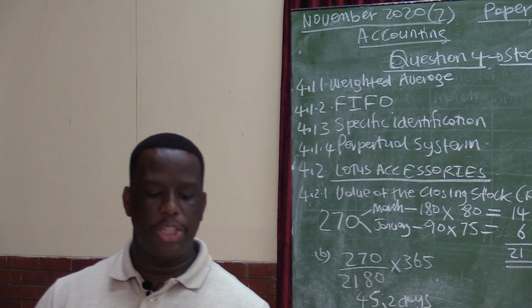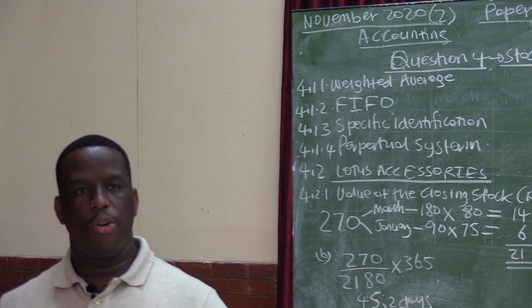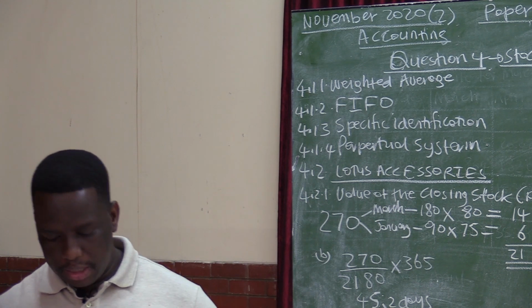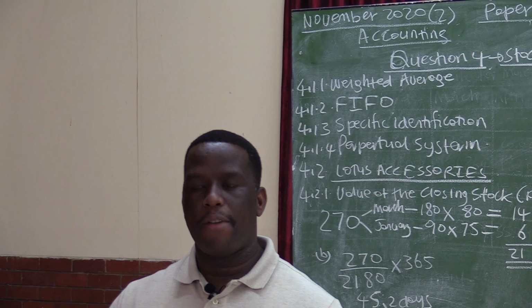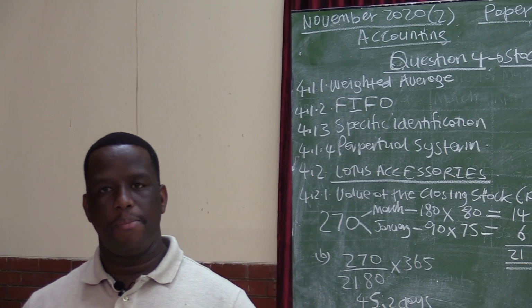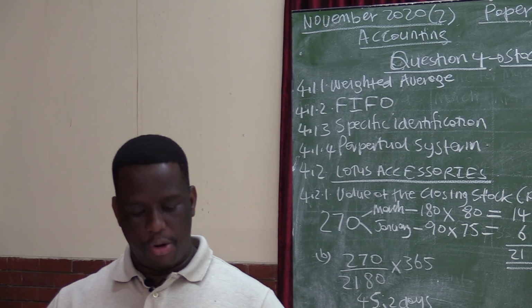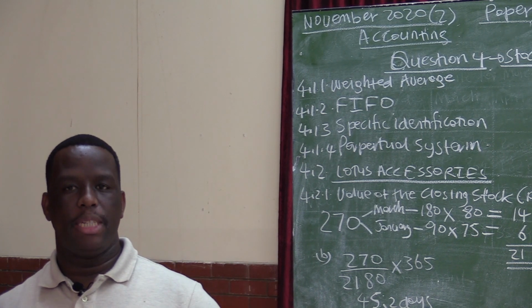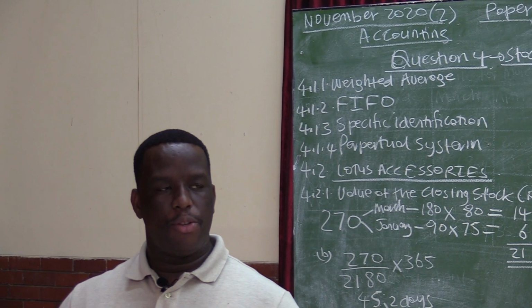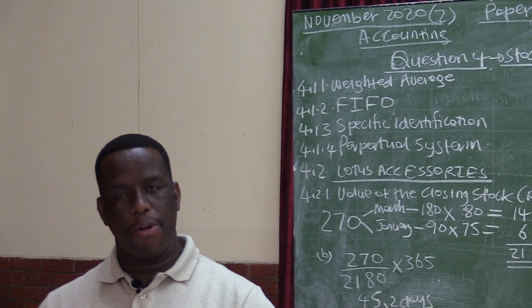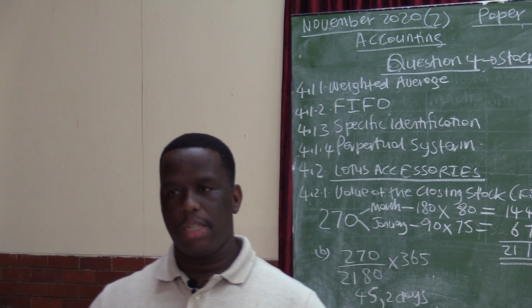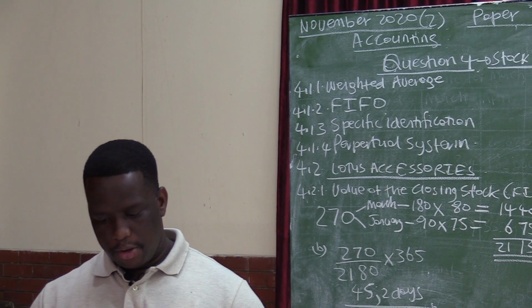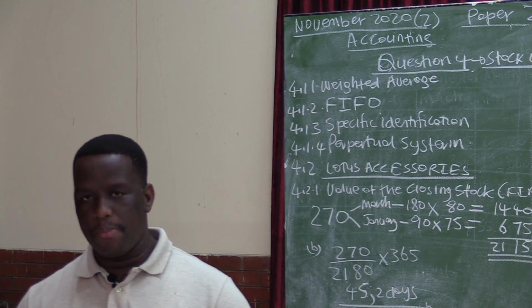There were also some calculations in 2.2 based on the break-even point. With the break-even point, we are looking at the number of units that the business needs to produce and sell in order to cover all its costs. Break-even point is the point at which neither profit nor loss is made. In most cases, when you have calculated the break-even point, you need to compare it to the number of units produced. If the number of units produced is more than your break-even point, it indicates that the business has made a profit.